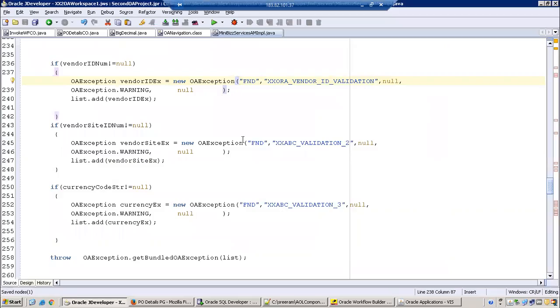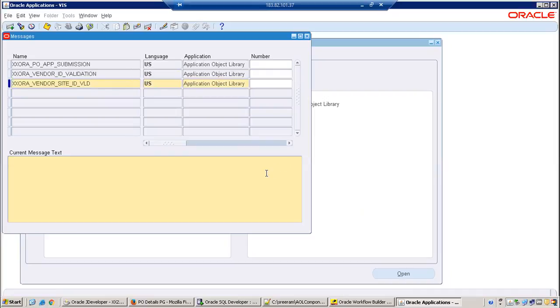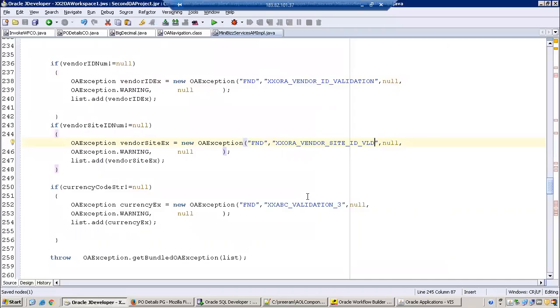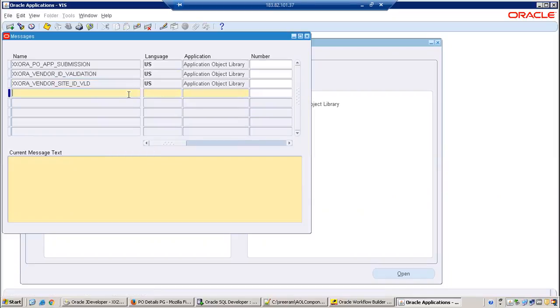Mention this: select valid. Okay, final one. Of course, we need to follow appropriate naming convention.